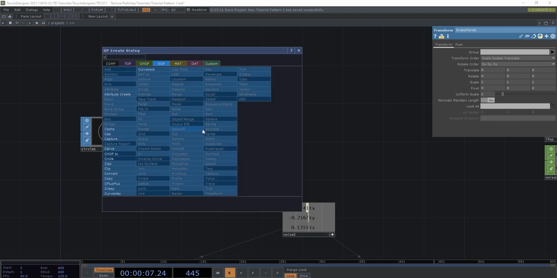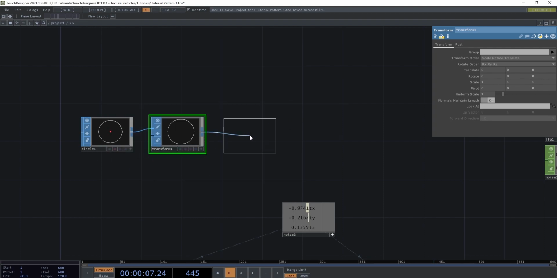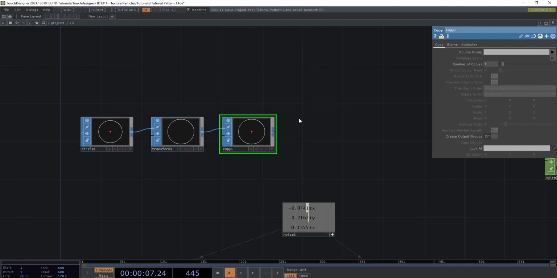Then I will be using copy. And this copy will actually help me to produce that tunnel type of effect, which is kind of a perspective that I would want to showcase. So let's go and make the number of copies as 5 for now, right? And I would want to play around with the